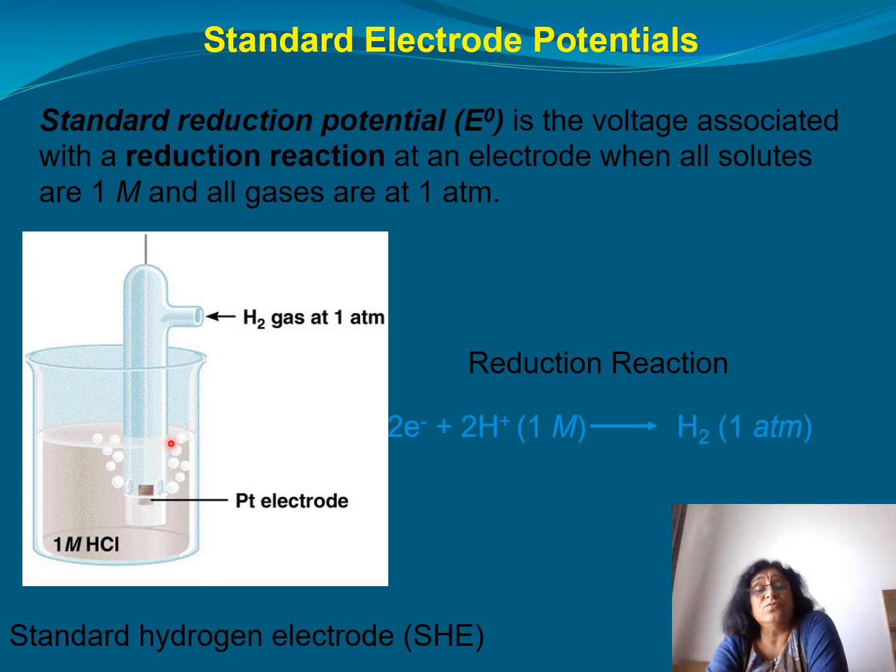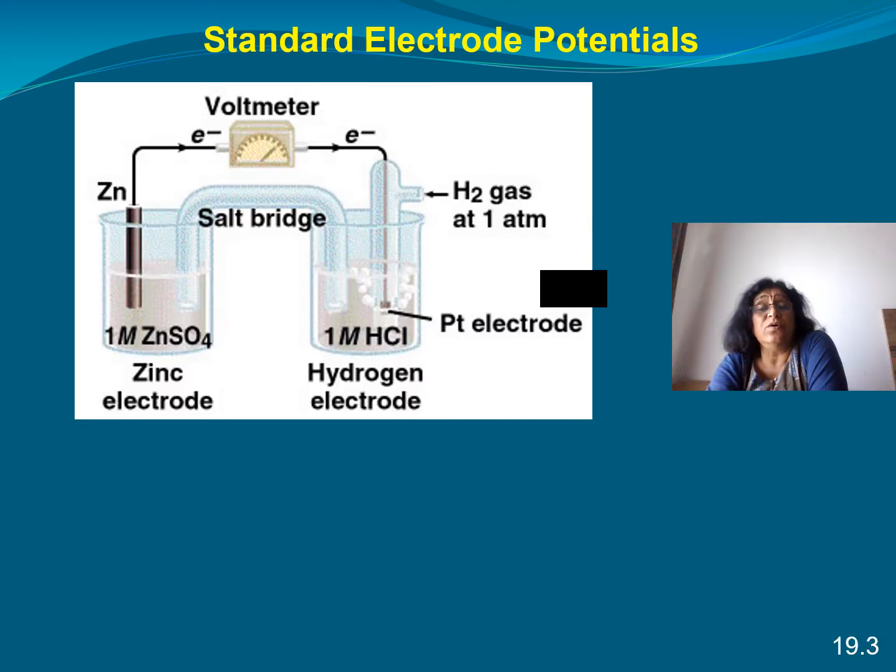So if it is connected to the electrode which has a lower reduction potential, then this will undergo reduction. But when it is connected to another electrode which has a higher electrode potential, then this acts as an anode. So if it acts as a cathode, then the reaction would be 2H+ plus 2 electrons gives you hydrogen at 1 atmosphere. So E naught is 0. Then if you are connecting it to an electrode which has a lesser electrode potential than 0, then this acts as a cathode and the other acts as an anode.